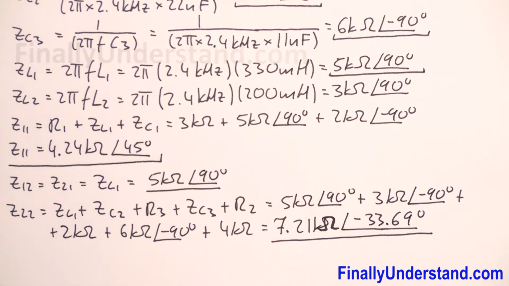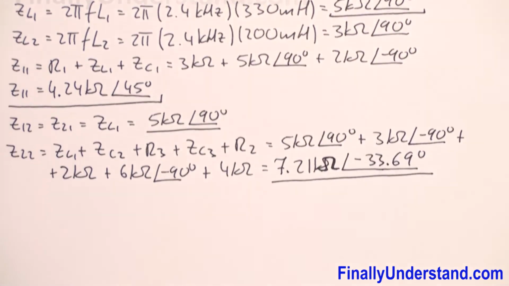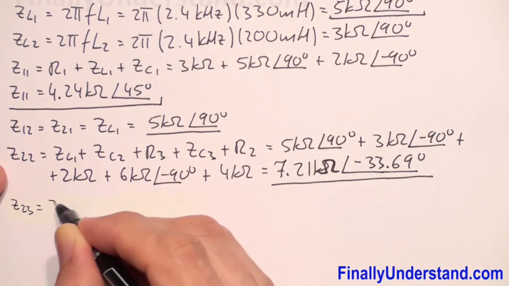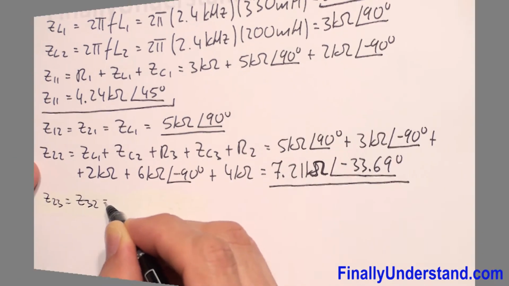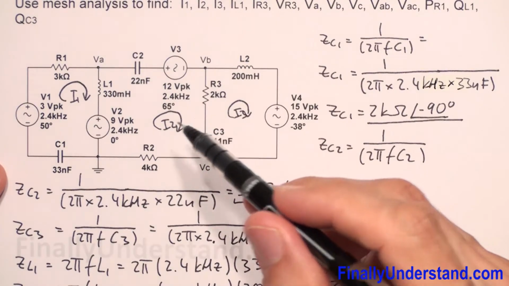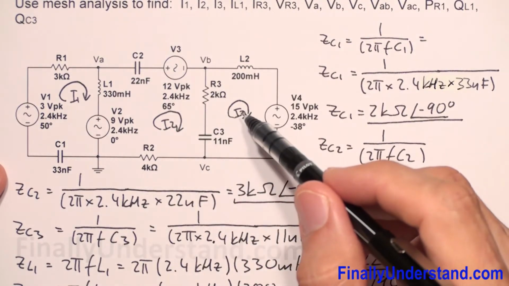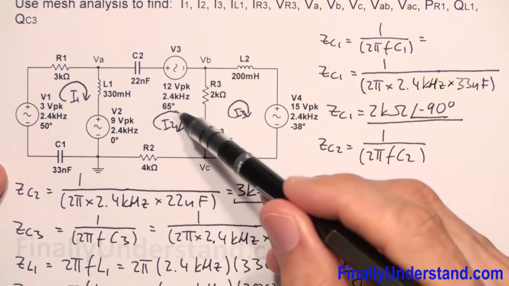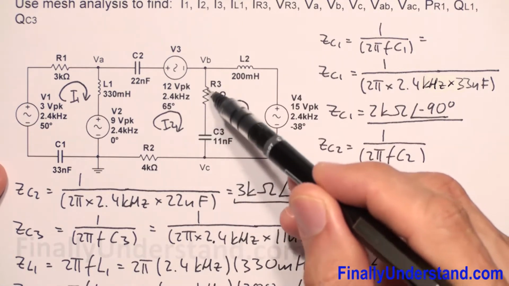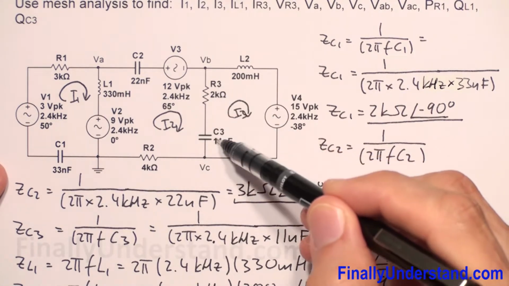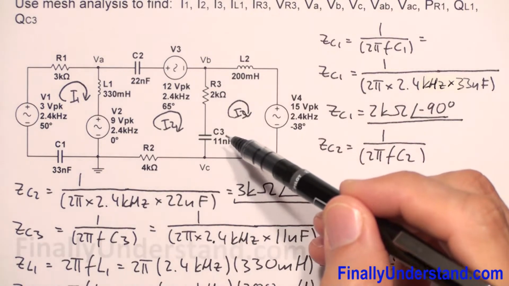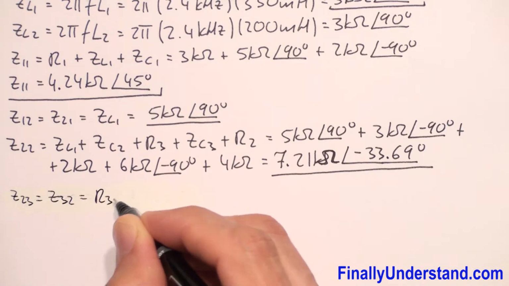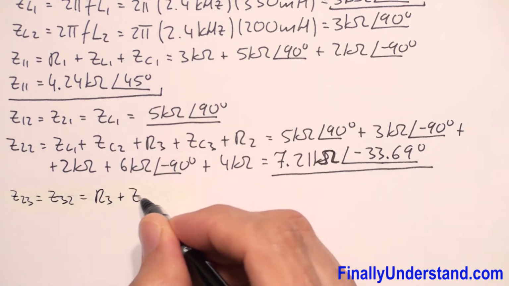Okay, so next we're supposed to find Z23, which is equal to Z32. This is the impedance between loop 2 and loop 3. The impedance between loop 2 and 3, or 3 and 2, is the sum of these two impedances. I mean R3 plus ZC3. Okay, so I'm going to write this over here. This is R3 plus ZC3,